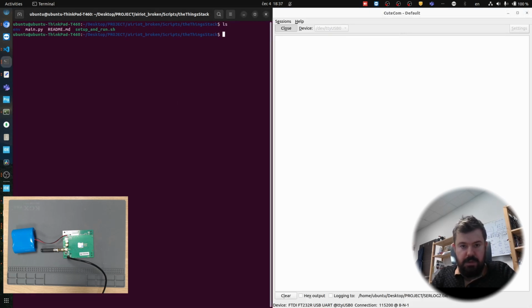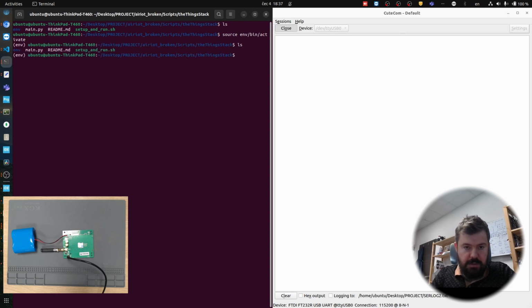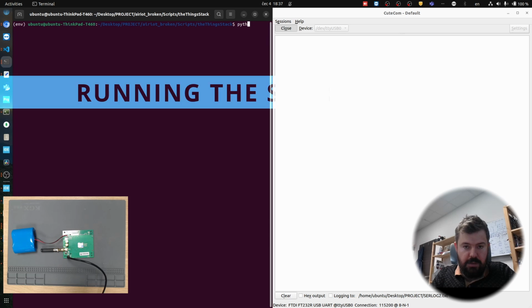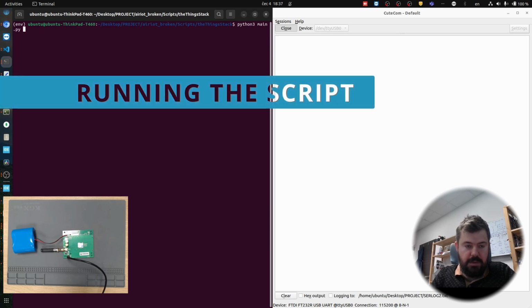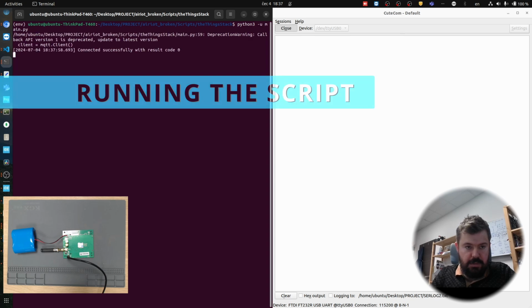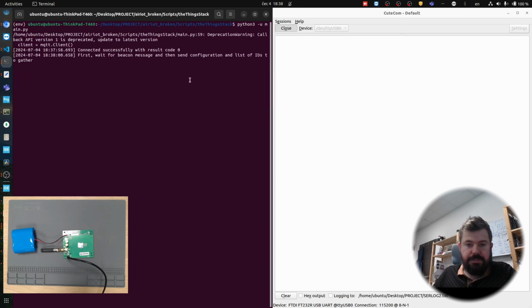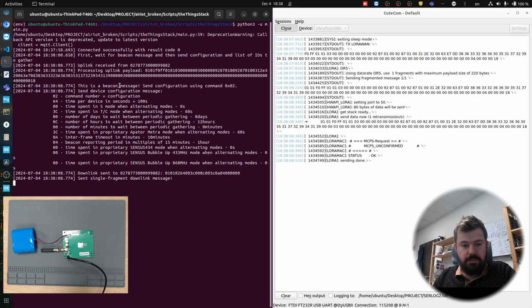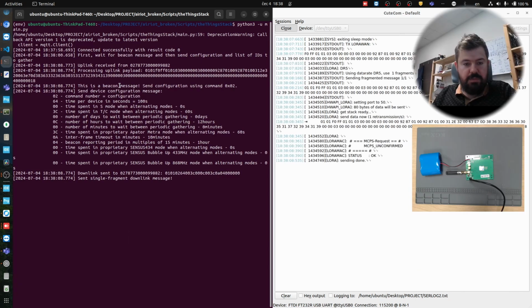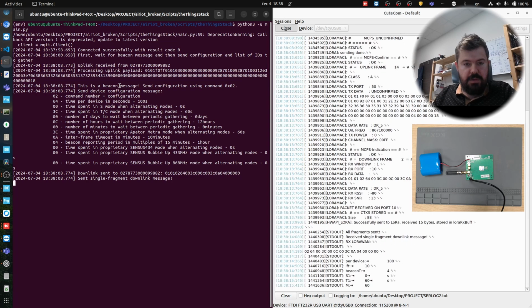consoles. I will first source my environment, and now I will launch main.py. Okay, and we are waiting for any received data. I'll click the button now. Okay, so we received